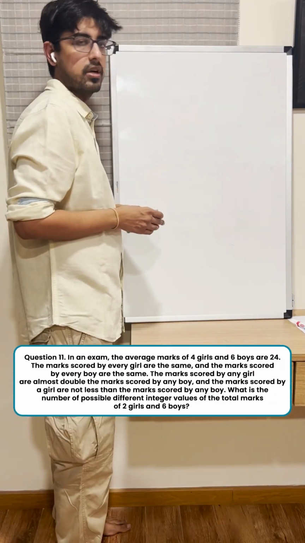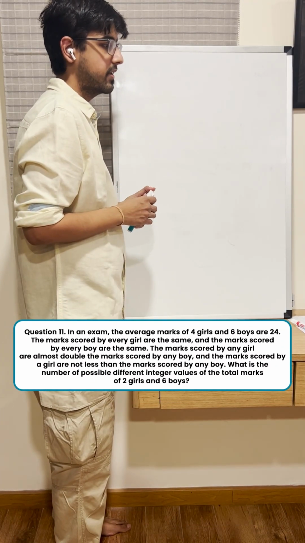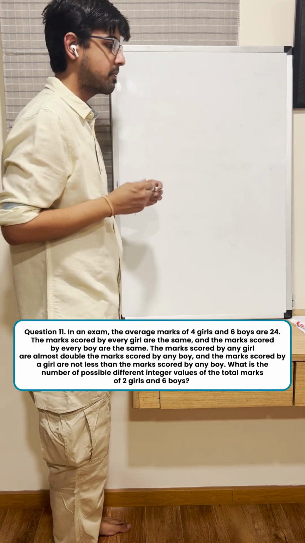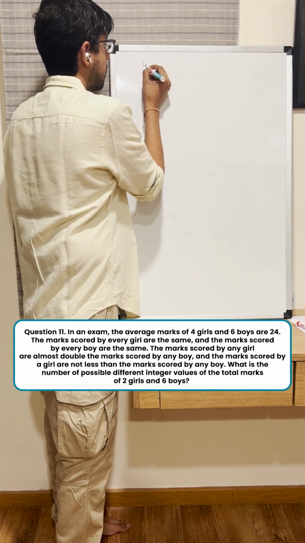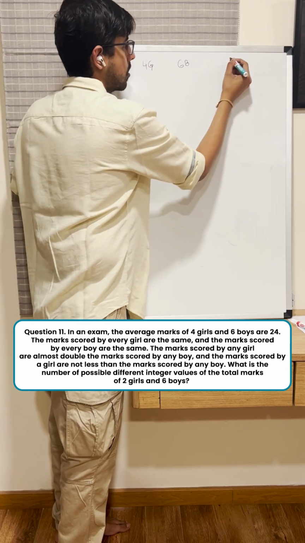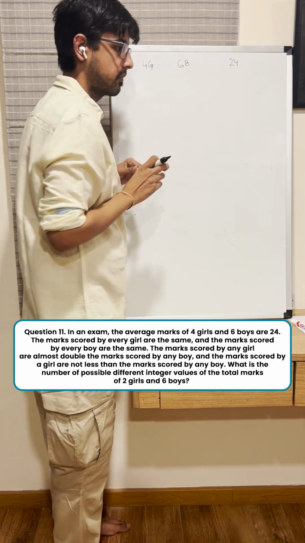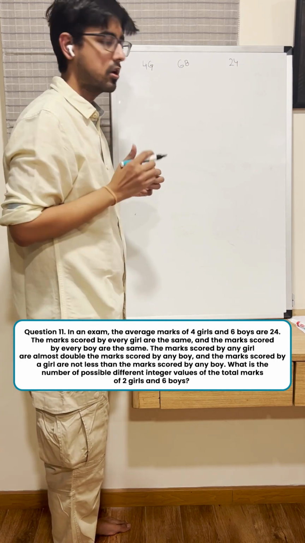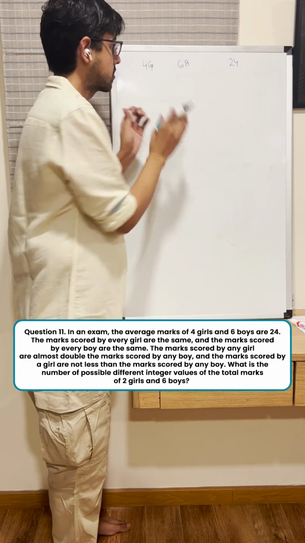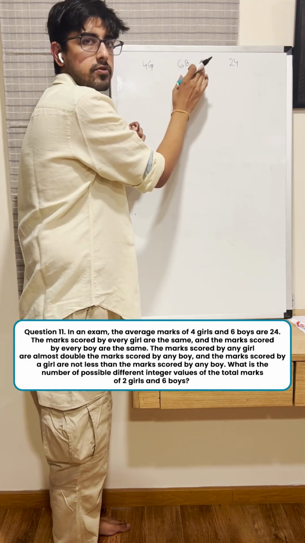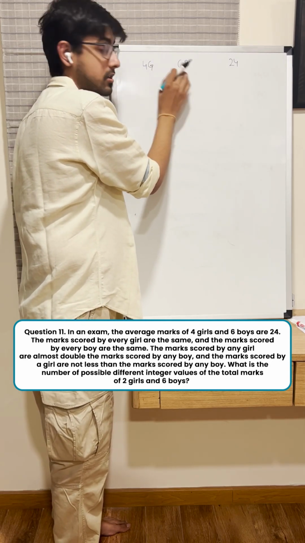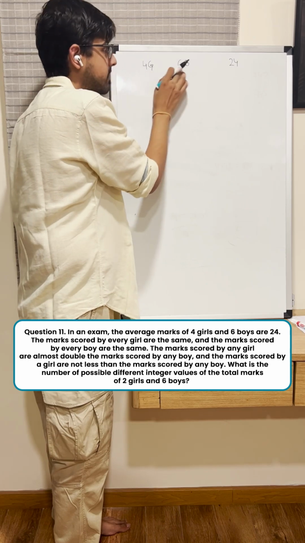Let's look at question number 11. In question number 11, the question reads as follows. In an exam, the average marks of 4 girls and 6 boys was 24. The marks scored by every girl was equal and every boy is same. That's what is assumed. So girls have scored same marks and boys have scored same marks among themselves. Girl marks is not equal to boy marks, but each girl has scored the same and each boy has scored